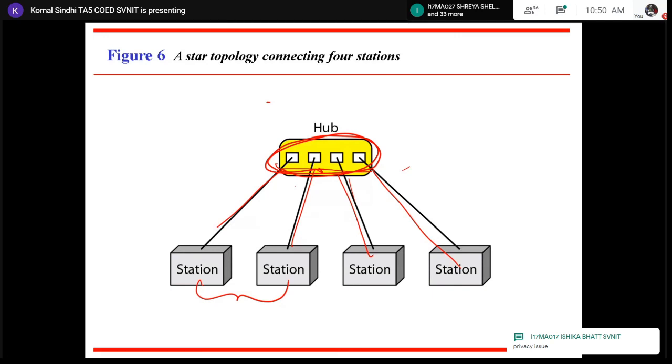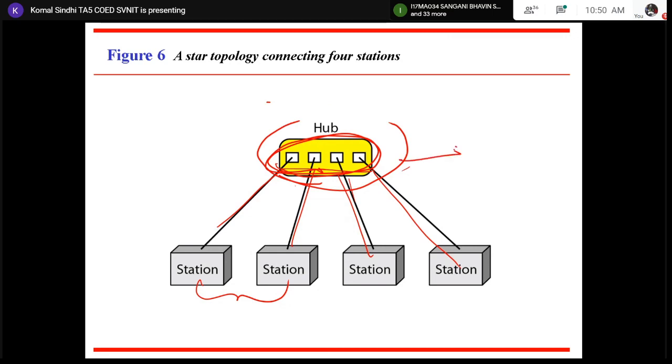Why privacy issue? Yes, every message has to pass via the server. That is true. In the worst case, two things can happen.